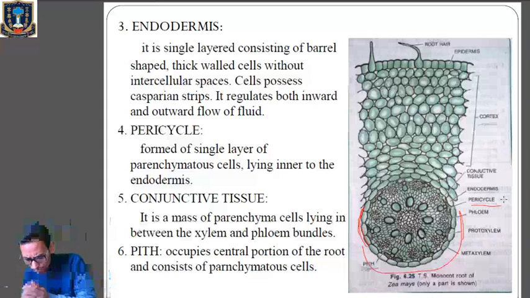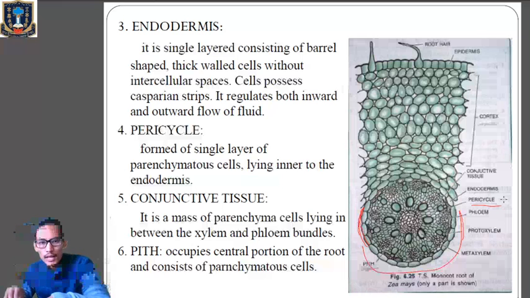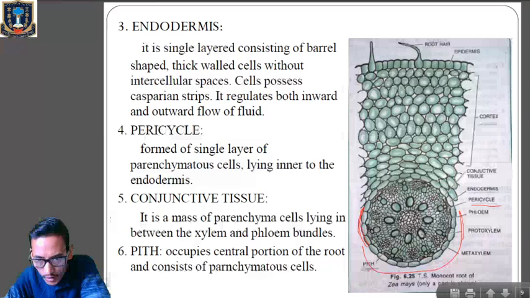Okay, then in between the xylem and the phloem we will see the presence of what type of cells? The conjunctive tissue cells. Okay, conjunctive tissue. So here you can see the presence of metaxylem, the presence of protoxylem and the presence of phloem. So in between the xylem and the phloem we will see a mass of cells which is called the conjunctive